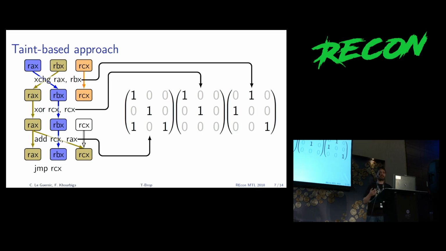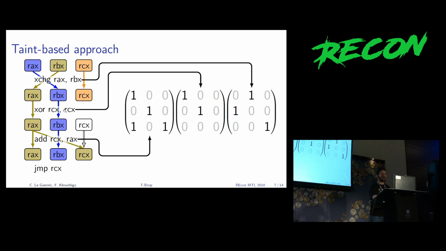And more importantly, as I said, a gadget is a snippet of code that terminates by an indirection. So here on the screen, we can see 4 gadgets: the one that just contains the jump, the one that contains these 2 expressions, the one that contains 3, and the 4.